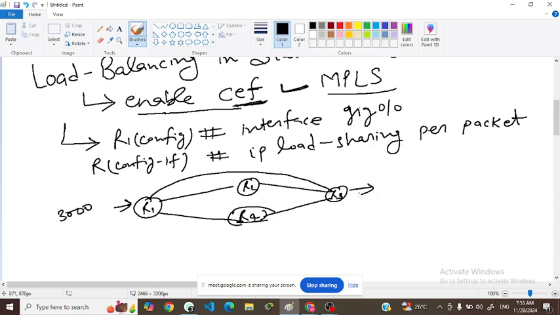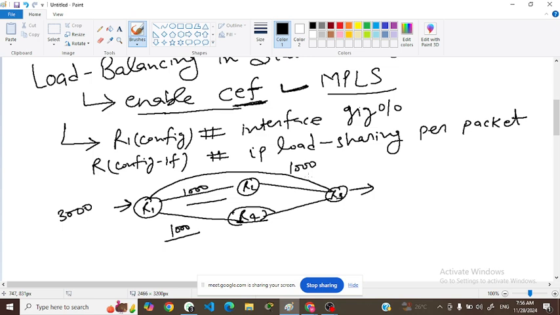If we use only one link, then the bandwidth consumption on that particular link will be high and the speed will be slow to deliver the packets. But if we distribute these 3,000 packets across these three lines, 1,000 packets from this one, 1,000 from this one, and 1,000 from this one,